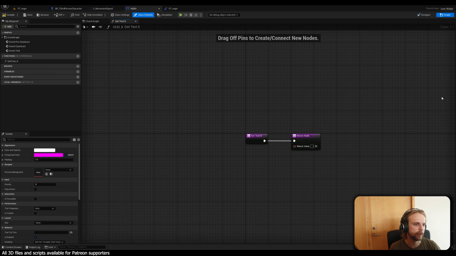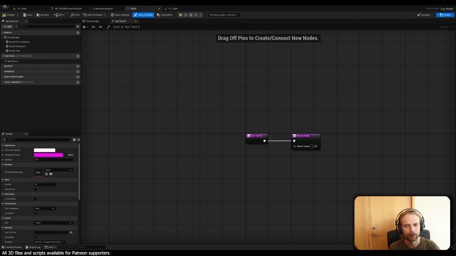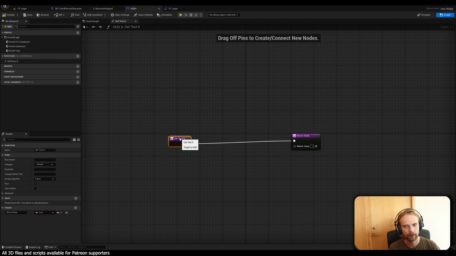So create binding, and basically it creates this get text 0 node here, right? So it goes into this graph editor. And by the way, you can switch between the UI designer and the graph editor of that UI through here, right? So in the graph editor, we need to say get text